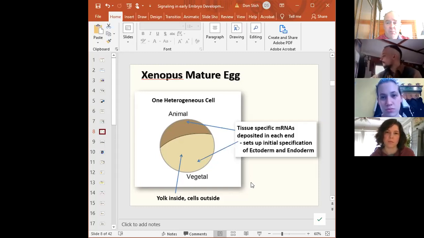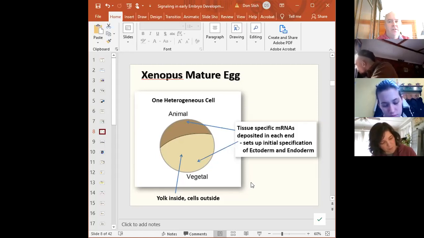stage 12, because you'll get no transcription from embryonic nuclei until you've gone through, not stage 12, 12 divisions. So once you've gone through 12 divisions, then the nuclei will turn on in the zygote. But early development's all driven by maternally laid down messenger RNAs. Okay, so